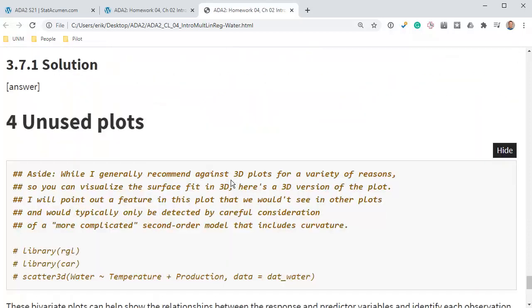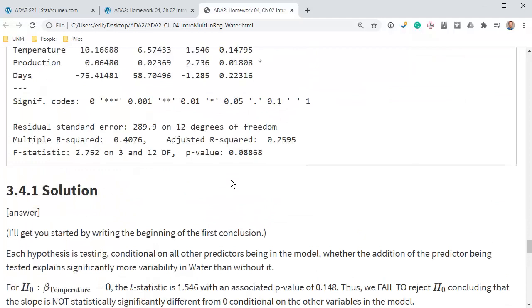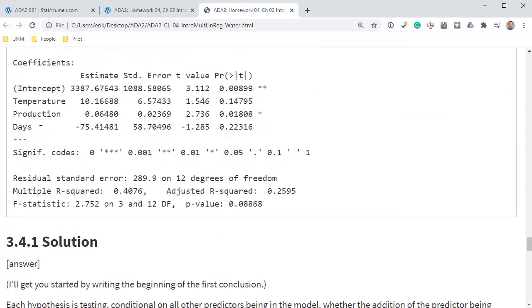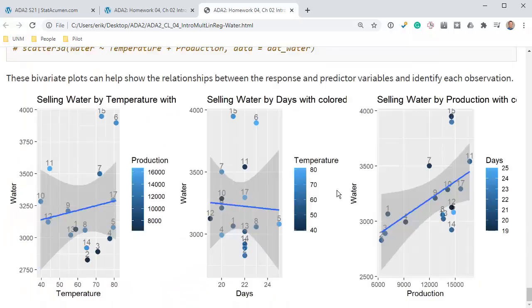Let me page up just to remind myself. Here we go. The main one that was important was production. Temperature was not important, and days was not important. If I page back down, we see production has this strong relationship, but both days and temperature are sort of horizontal. So at least on the pairwise relationships, that seemed to hold in the multivariate,